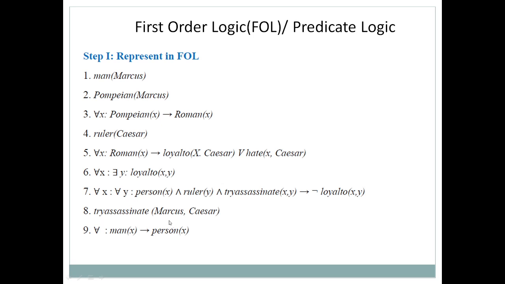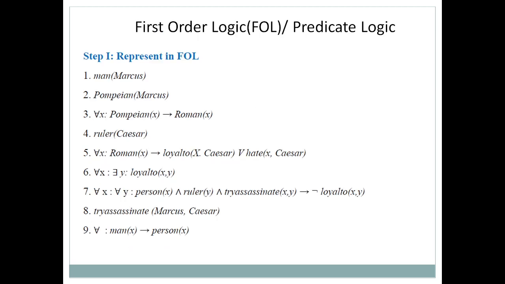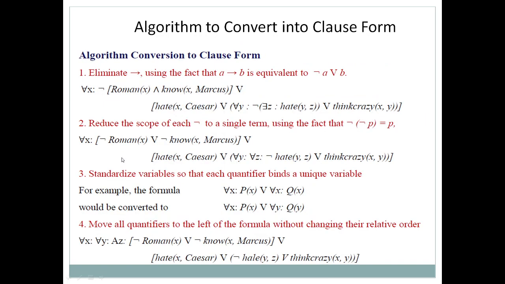So this is how we have completed step number 1, that is conversion of all the statements into predicate logic form. I just told you that this kind of problem can be solved in 3 steps. Whenever you get such a problem, it will ask you to prove something. Step 1 is generation of predicate logic, and step 2 is conversion of that predicate logic into clause form. In order to convert predicate logic into clause form, we need to follow some rules, which have been given here. I will discuss the rules one by one and make use of them so that you will understand.